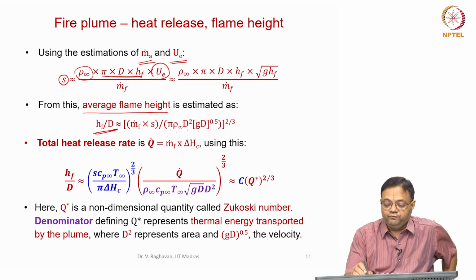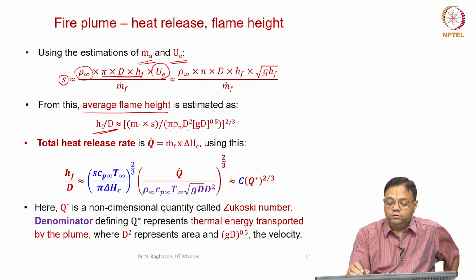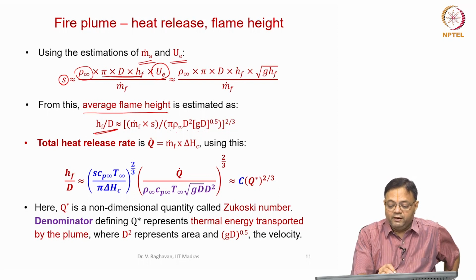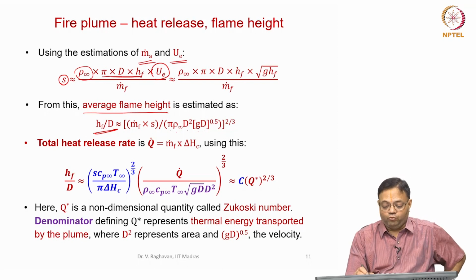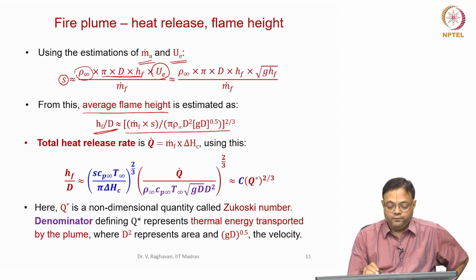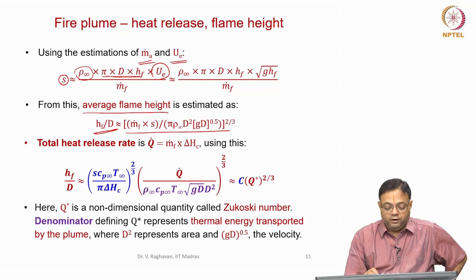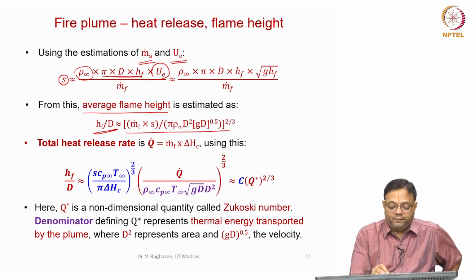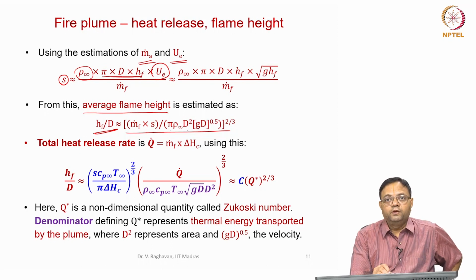Because you can see that HF into root of HF is there here, so if you take it to the other side and also divide by D, you get this expression. Now I am trying to correlate the HF with respect to M dot F, that is the